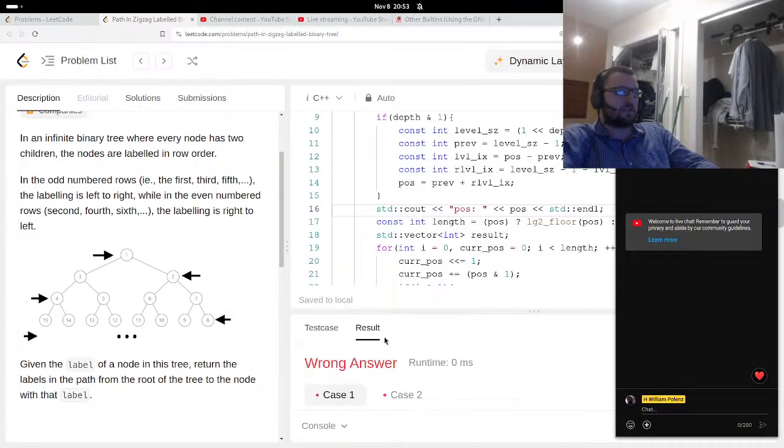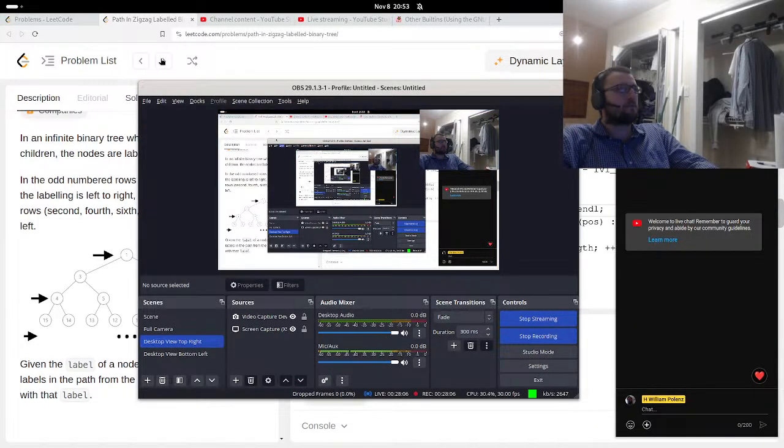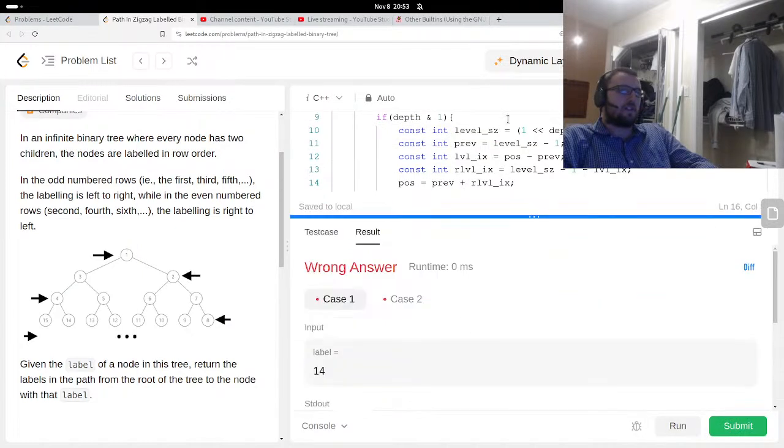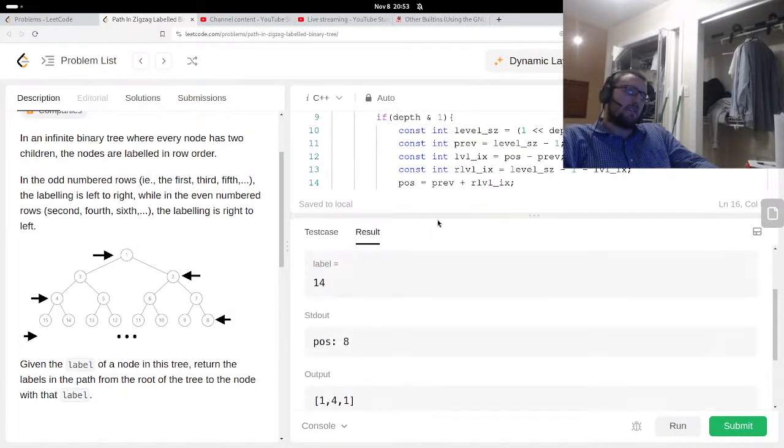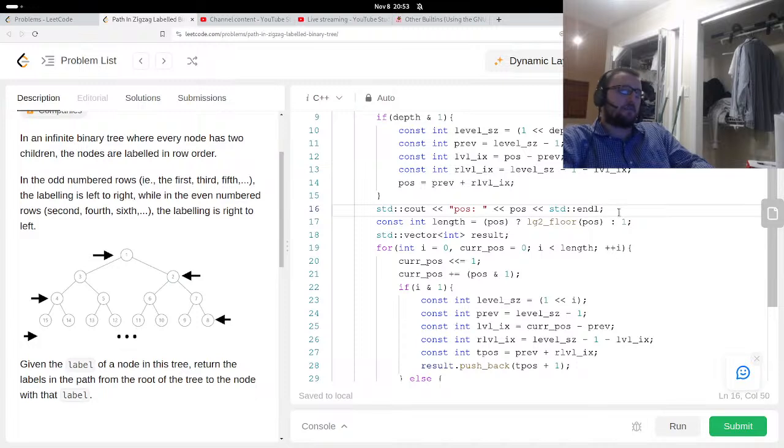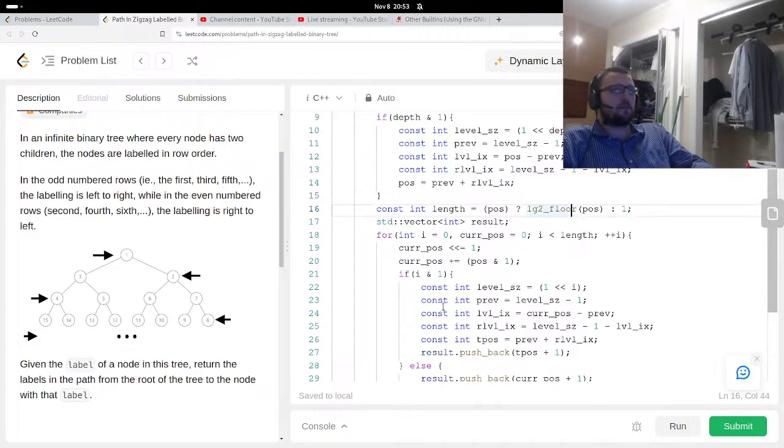I've been doing it on time. This approach and this idea is a lot more complicated. Okay, got 8. That's good. So that's working. I think this log 2 floor might be wrong. So log 2 floor of 8 should be